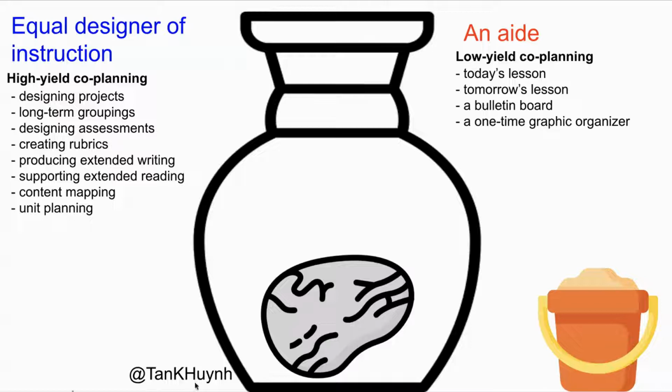Can you type in the group chat right away? What are your thoughts about what I just shared about this idea of high yield co-planning? Here they come. Great. Long term versus short term. Exactly, Miriam. We're thinking about the long term. And Binju said, we're future proof. Yes, we're thinking about the future. We're proofing it